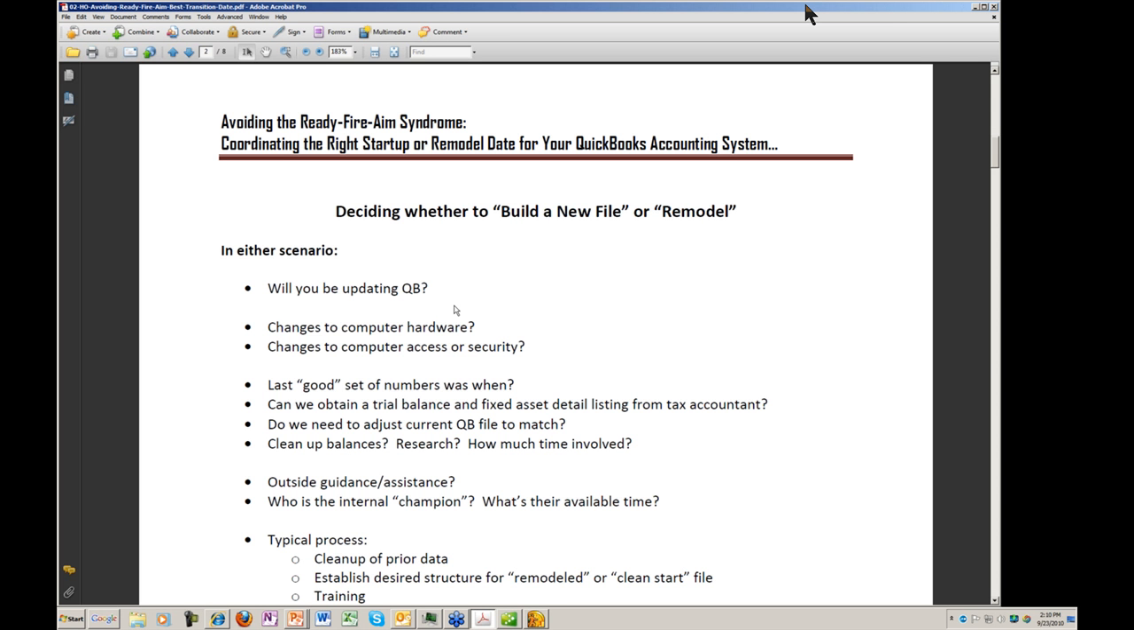Once we get that information, the next question is, do we need to adjust your current QuickBooks file to match what those quote-unquote good numbers were? So usually what we see is that we have some numbers that were good as of the end of the prior year, and let's say we're in June of the current year. So what we would do is set up